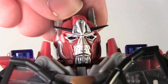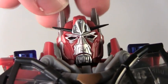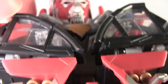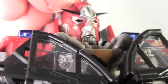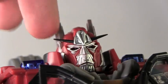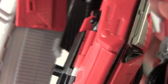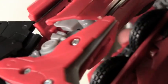I really love the head sculpt on this guy. It definitely looks more Alpha Trion than Sentinel Prime as we know him in anime, but still, he definitely has a Prime look to him with the little antlers right there, ears or whatever you want to call them. I just like how everything folds in for his chest, and like I said, his detail is more just painted plastic,